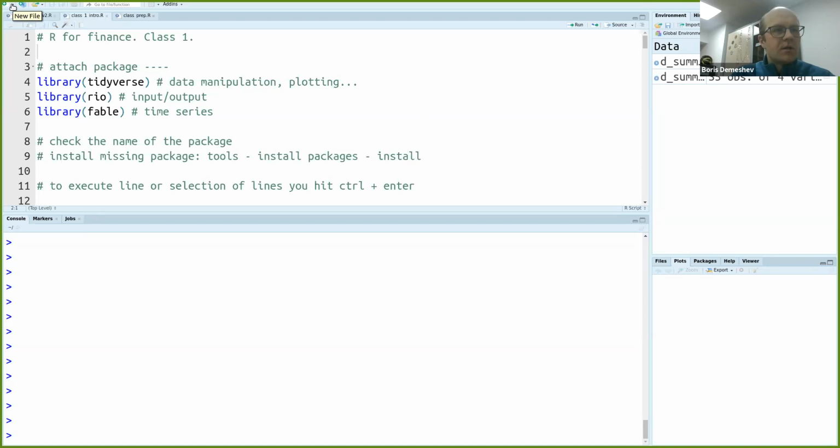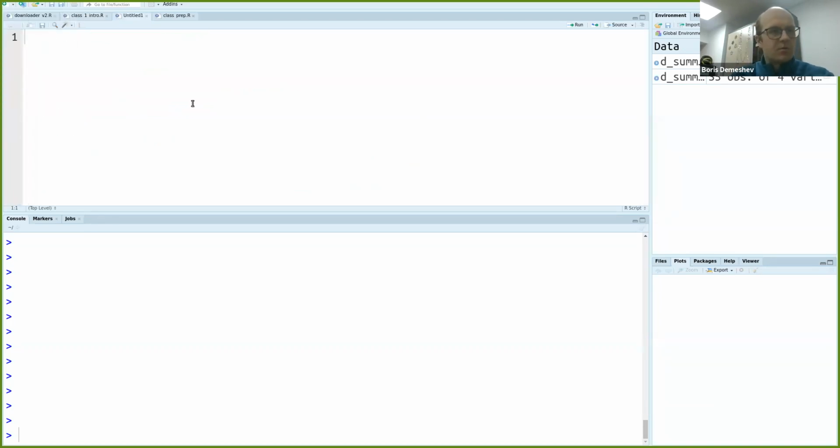So I will start a new script. So we have R for finance class 2. What we'll do today? Today we will do some more advanced data transformation, because in my opinion,